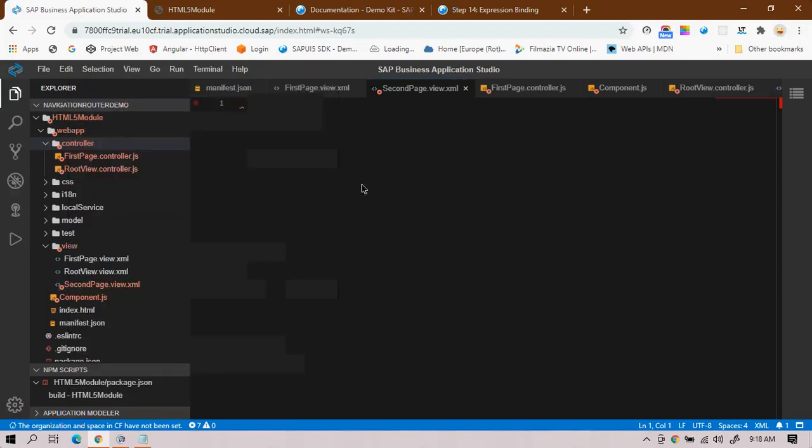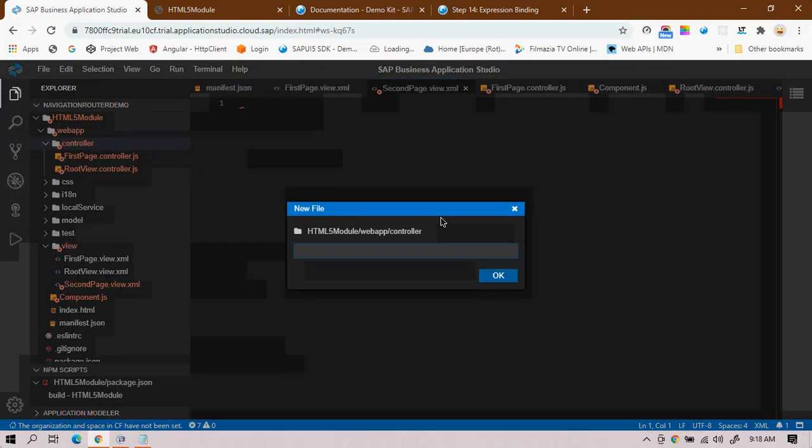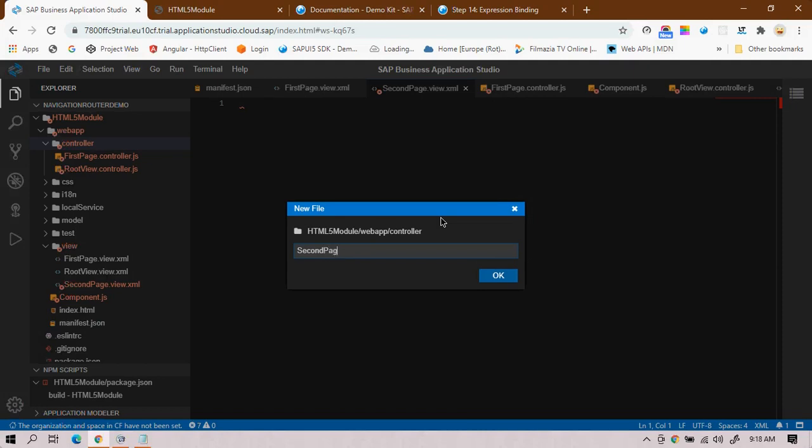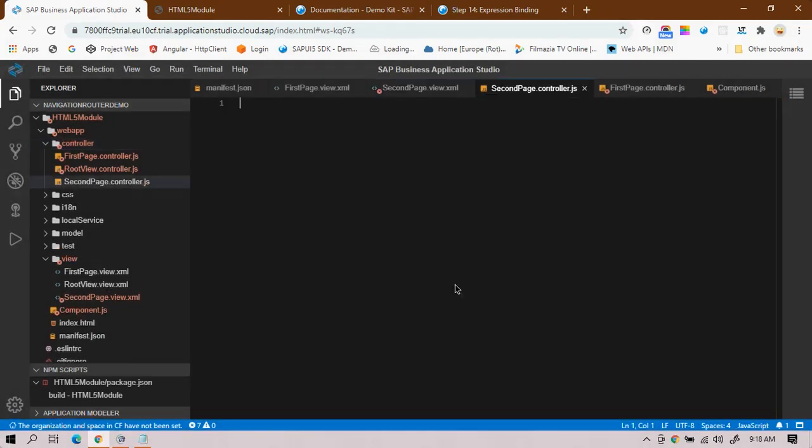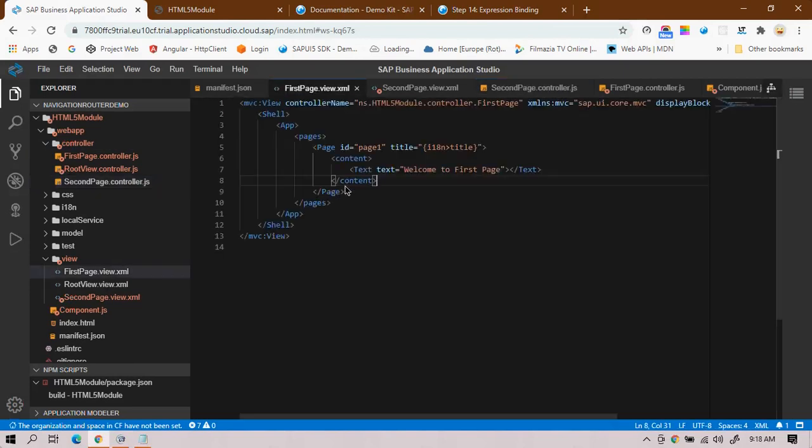Then I'll create a controller for it, second page dot controller.js. One is a JS file and one is an XML file.